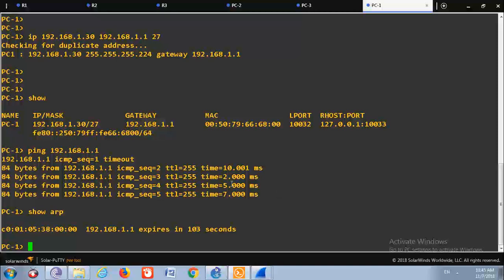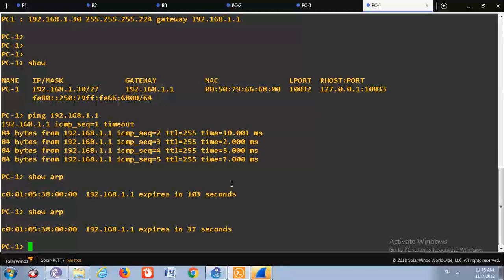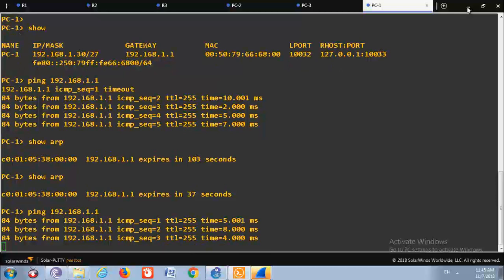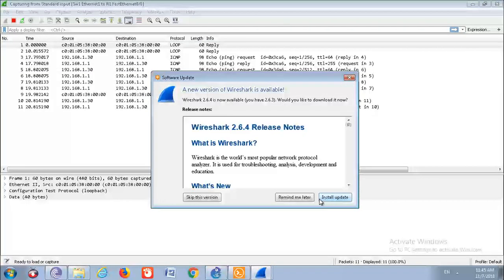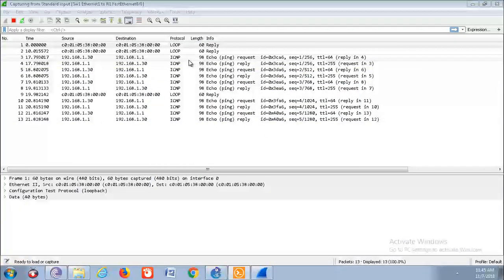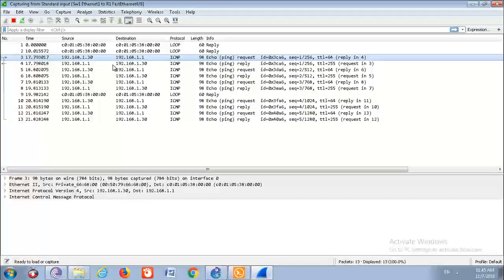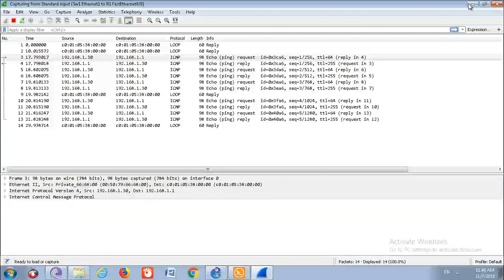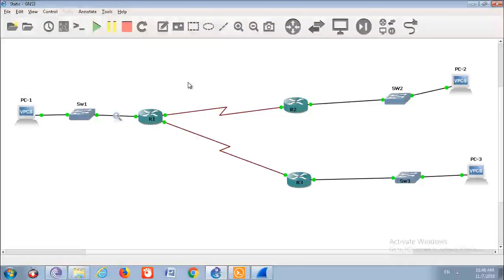Maybe if you ping again to generate some traffic, not show ARP. Ping, and we can see some ping. We are capturing some ping packets, and we can see the layers of the OSI model here. So that's the beauty of GNS3, because we can even connect it to the